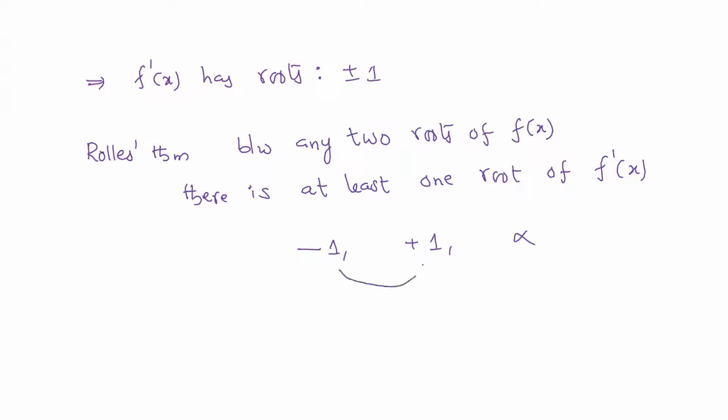So automatically between these roots, there should be one value of c that I'm going to get, where f dash of c is going to be 0. Again, here also, let's assume that alpha is bigger than 1. Okay, so here also we are going to get another root where f dash of some lambda equals 0. But here, ultimately, we got at least one root here, at least one root here. So in total, we got at least 4 roots.